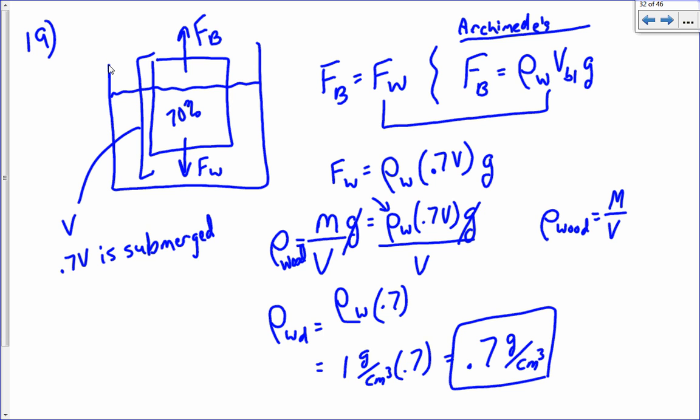It's a nice little feature, right, based on this density of water, that whatever fraction of the object that is floating above that is submerged, that is equal to the density of the object. All right, and also notice that the density of this wood is less than the density of water, and that's why it's floating. If the density of the wood was greater than the density of water, of course it would sink all the way to the bottom. All right,